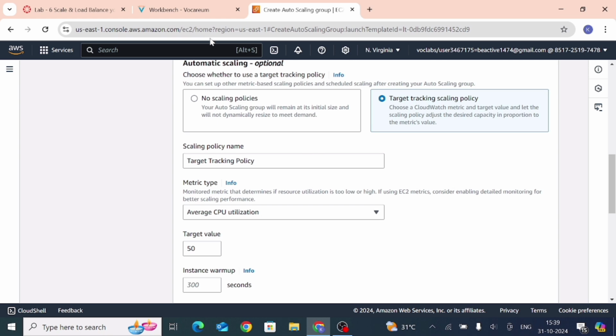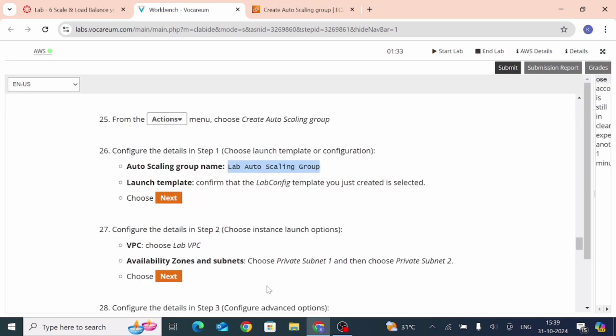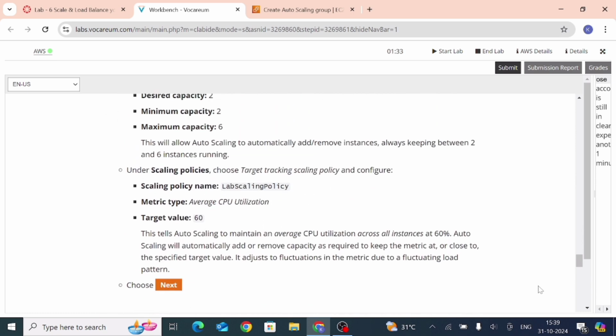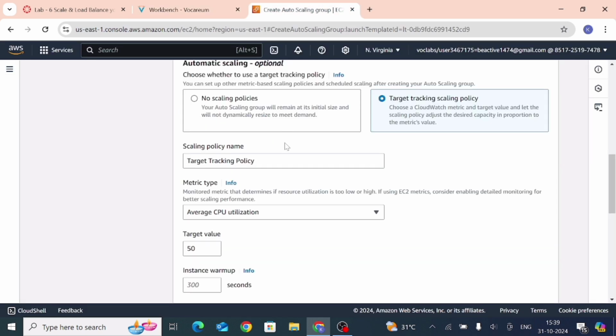So go back to the workbench. So here it is, so just copy the name, copy, go back to the console.